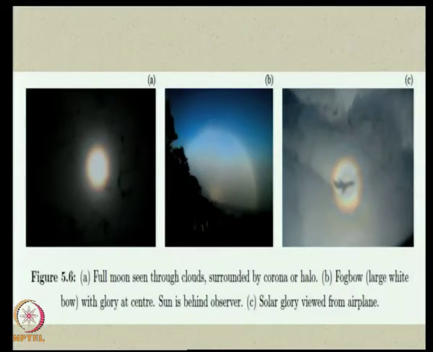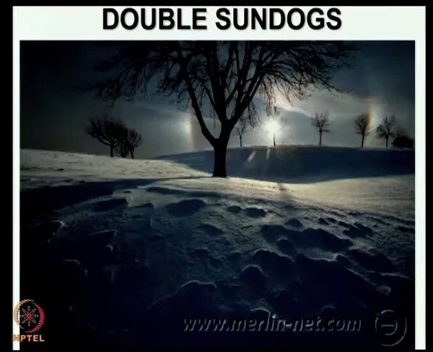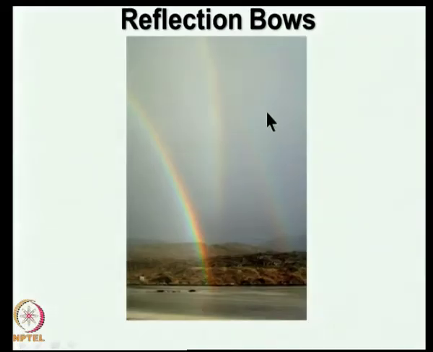So, some of the phenomena like glory and fog bow, which we saw in the scattering signature, can be seen on full moon days. Here is a halo, here is a fog bow. Sometimes you will see doubles and dogs, 1, 2 and there is one more. And the other interesting phenomena that you see